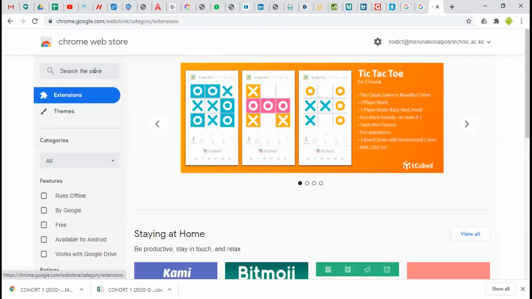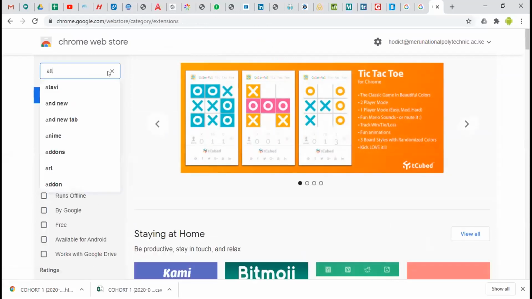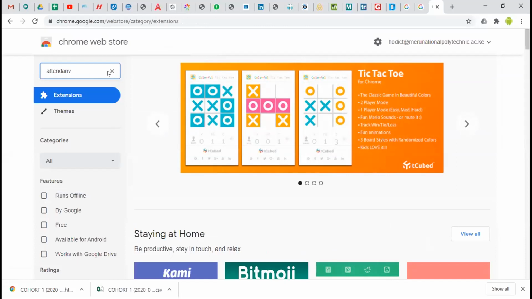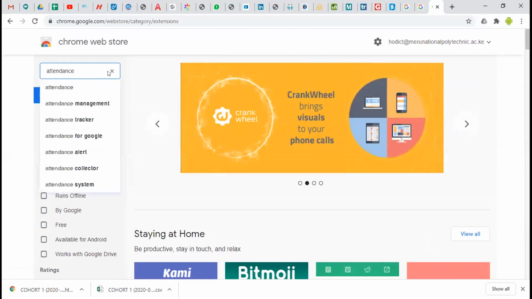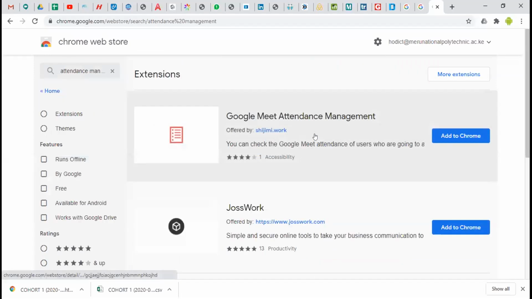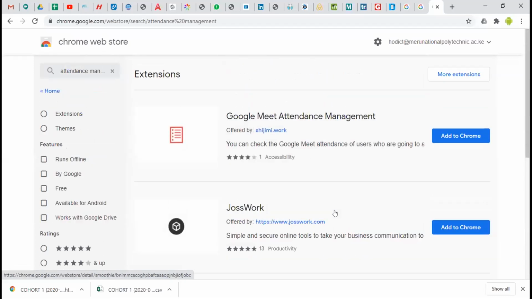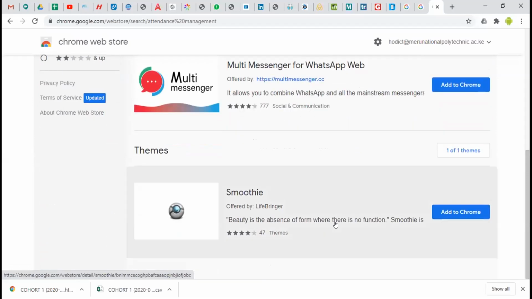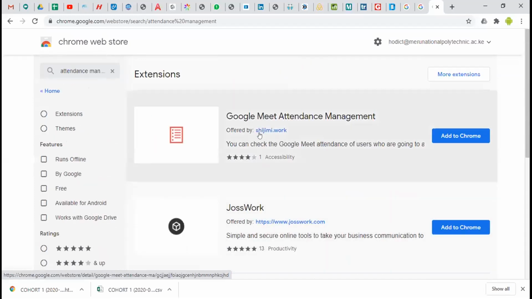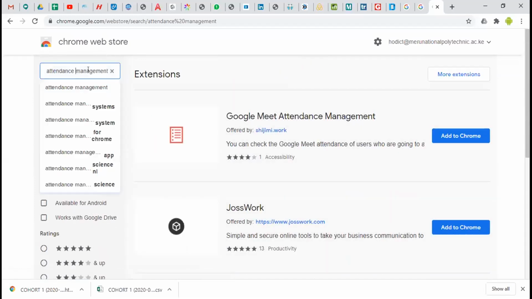Now, we have attendance. You can search attendance. There are various ones, and you can try and see the one that works for you.